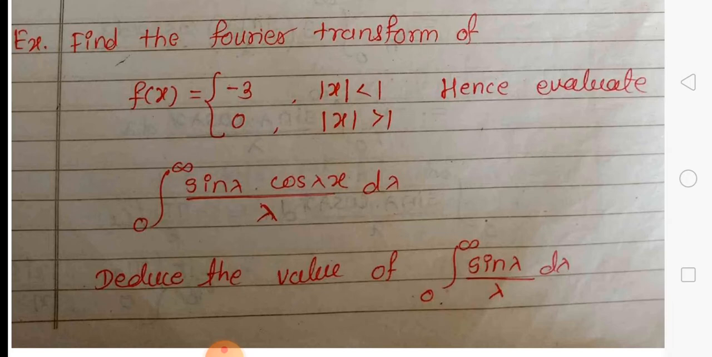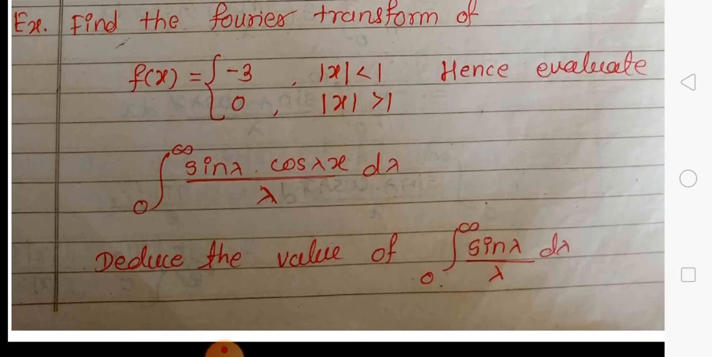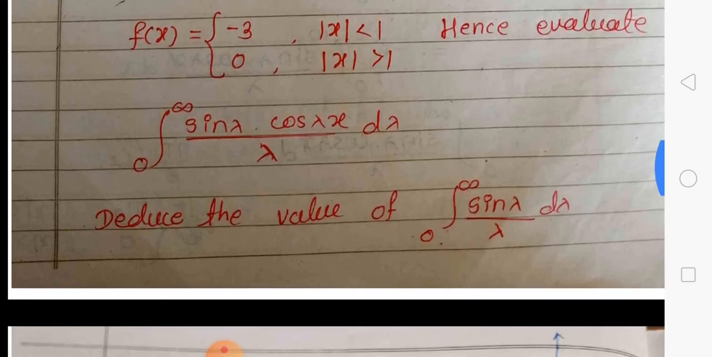Hence, evaluate the value of the integration from 0 to infinity of sin lambda cos lambda x upon lambda d lambda. We deduce from all of these the integration from 0 to infinity of sin lambda upon lambda d lambda. Now, first we find the value of the Fourier transform for the function f of x. For this, we use the same procedure as the last example, and from the result, we find the value of